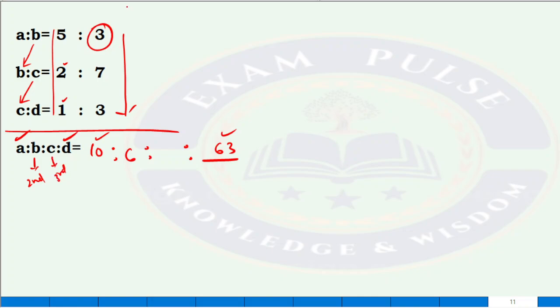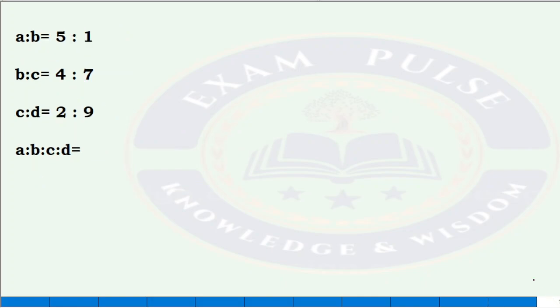Third step. How many denominators we need to consider? 2 denominators we need to consider. 7 3s are 21. Remaining numerator is 1. 21 1s are 21. If there is a possibility of division, we can, or else you can just leave it like that.